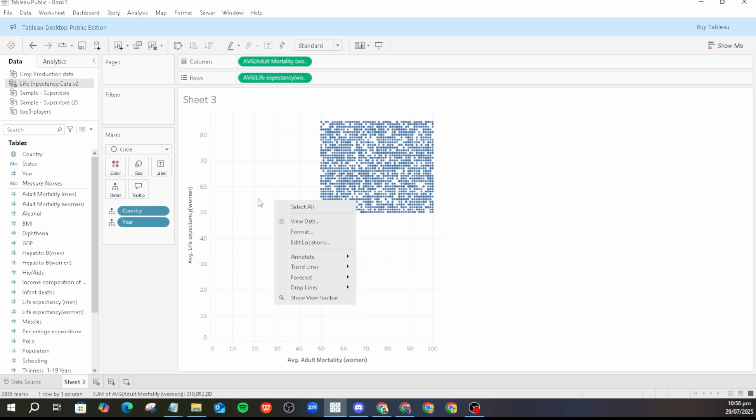Finally, add trend lines for additional insight. Right-click on your sheet, navigate to Trend Lines, and select Show Trend Line. These lines will provide visual cues on trends across your data, making your analysis even more robust. And there you have it, a complete scatter plot in Tableau illustrating the relationship between life expectancy and adult mortality across different